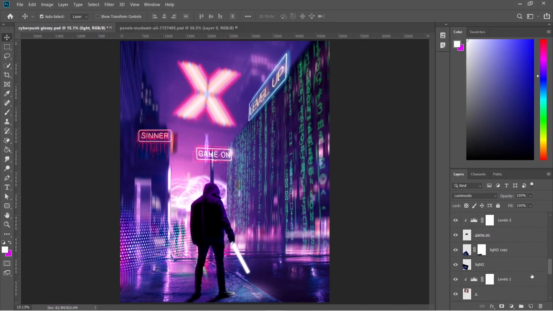Let's decrease the opacity of the shadow. 70%, and the one which we created close to the foot, let's make it 80%. Let's make this 80% too.